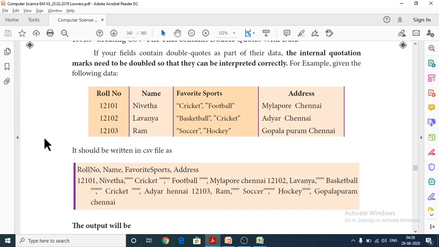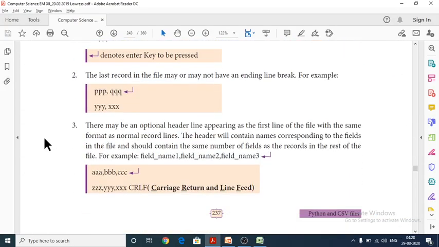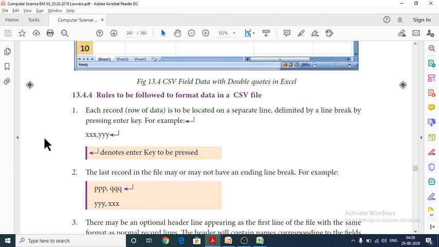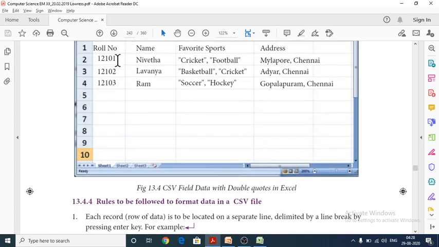So next one is, while creating a CSV file we have to follow some rules. Seven rules they have given in a book, which we have to follow. Each record, each row of data, is to be located on a separate line. See here, this is what is known as a record. These records are located on separate lines delimited by a line break.